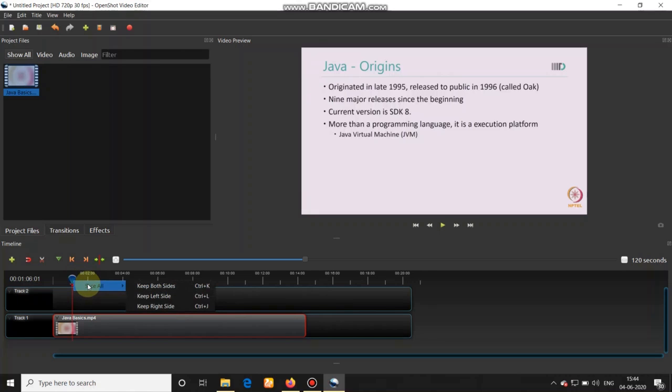It is saying either you want to keep both sides, or left side, or keep right side. So it is slicing your clip into two parts. We are considering now for this particular video clip, keep both sides.